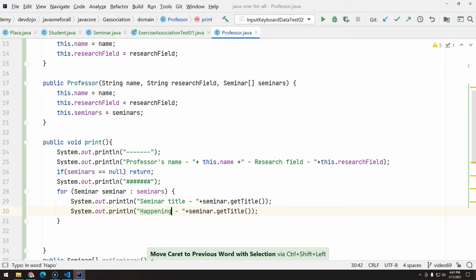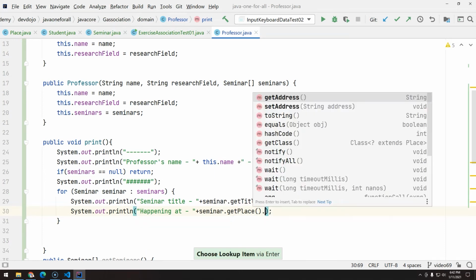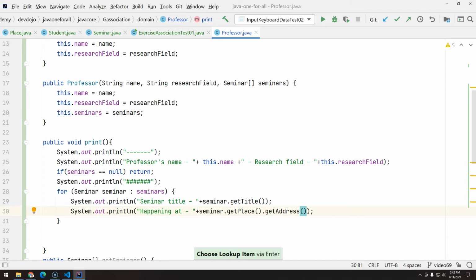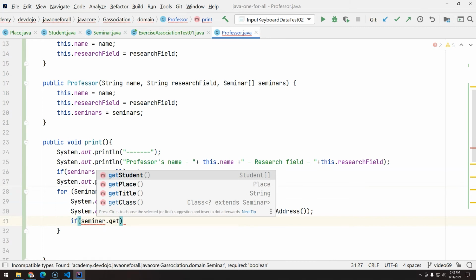Happening at getPlace dot getAddress. And now we have the students. Again, the students, it's something that can throw a null pointer exception if they do not exist. So we do the same check. Something interesting will happen here. Let's see. So if seminars dot get seminar, that variable right here. So seminar dot get student